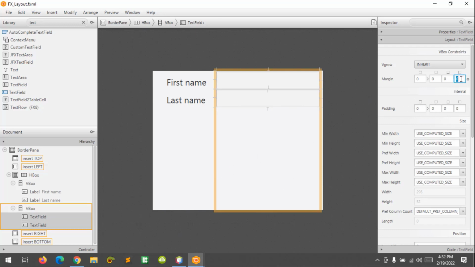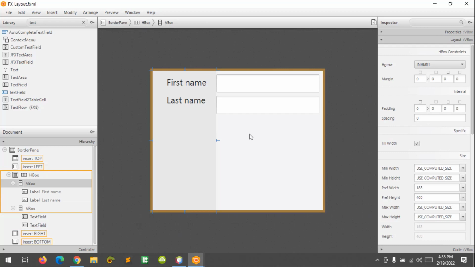As well as the VBox, I'm going to add a margin at the top. How about 30? No, 10. Alright, and I'm going to add another